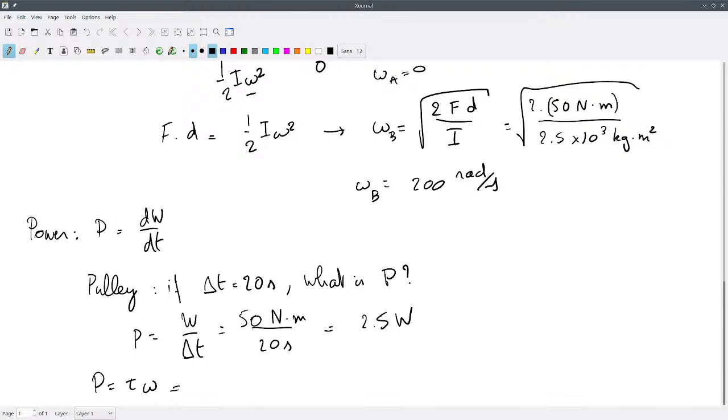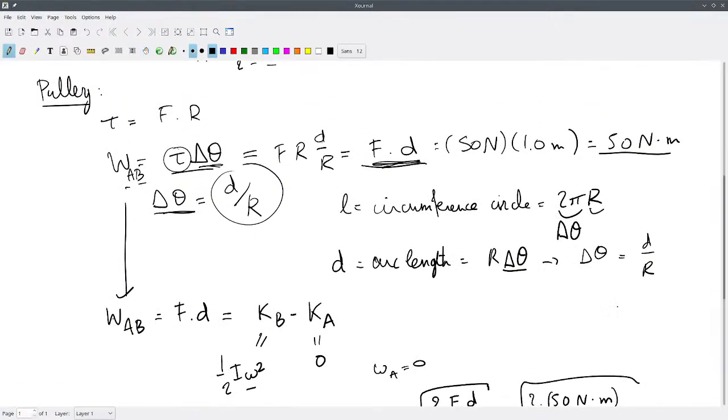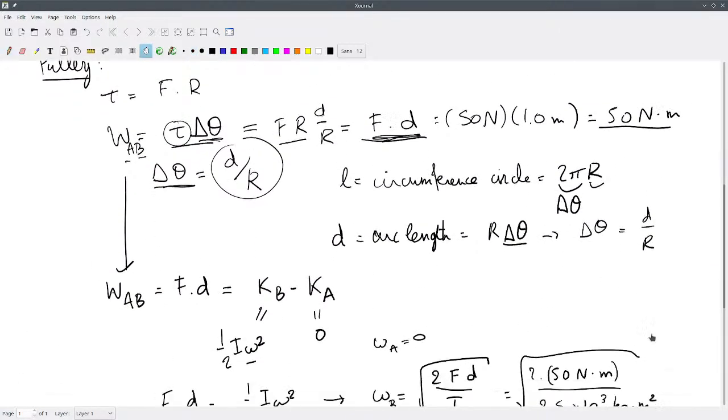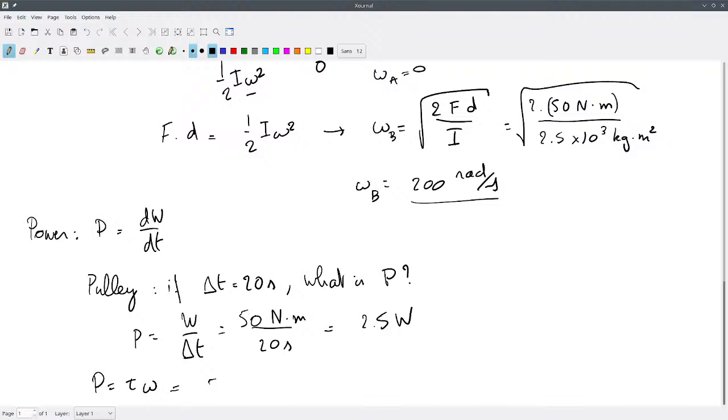That is 200 radians per second times the torque, which is F times R. So that's 50 newtons times 0.1 meters for R times 200 radians per second. And we can multiply all that together. I guess I don't need to tell you that this is not going to be equal to 2.5 watts,